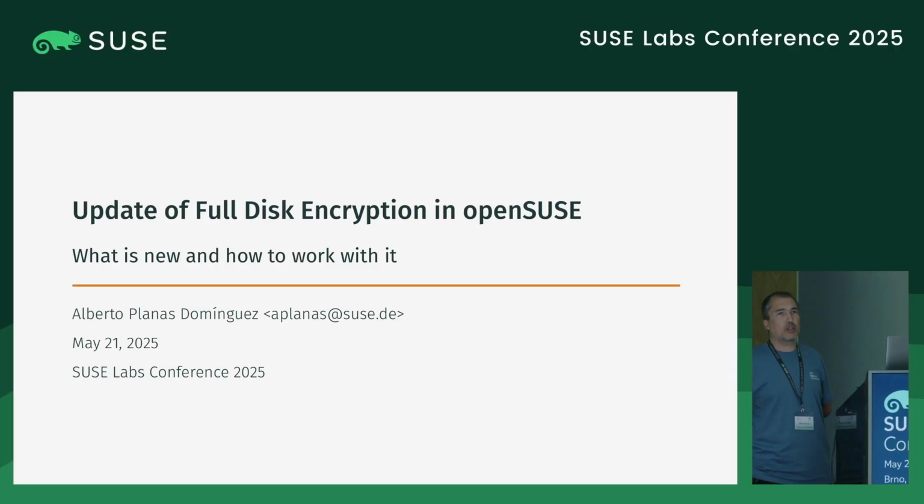The first one was about the planification, the thing that we want to do in MicroOS and Tumbleweed. The second one was the realization of this planification, and this one is about the different changes that we did over the last year. Some of them are moving the project forward, and some of them are kind of lateral movements, decisions that we changed, not big ones. So let's talk about that.